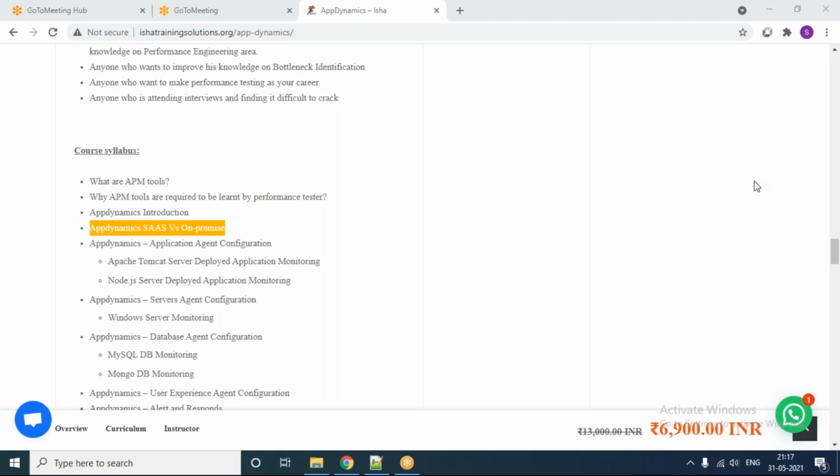In AppDynamics, we will trigger heap dump, we will trigger thread dump. And then I will show you how to do the analysis part, how to analyze heap dump, how to analyze thread dump, but not in AppDynamics. AppDynamics has the capability to trigger it. That analysis part I will explain, how to do heap dump analysis and thread dump analysis, but externally, not inside AppDynamics. AppDynamics does not have the capability to analyze it. It will trigger. That part we'll cover.